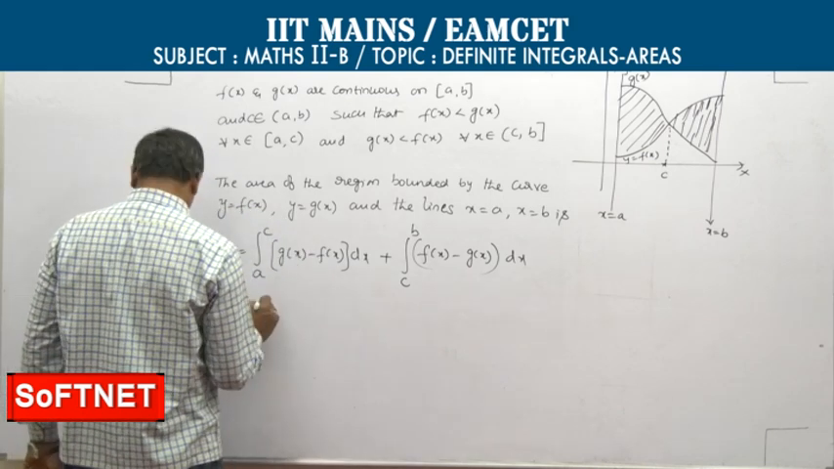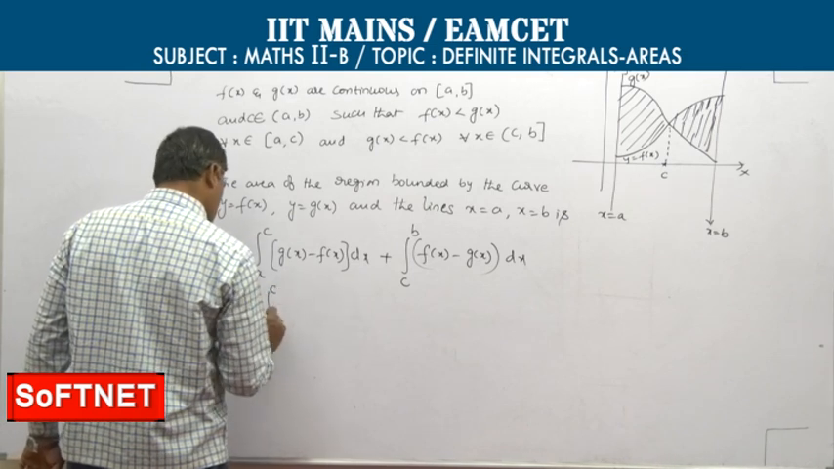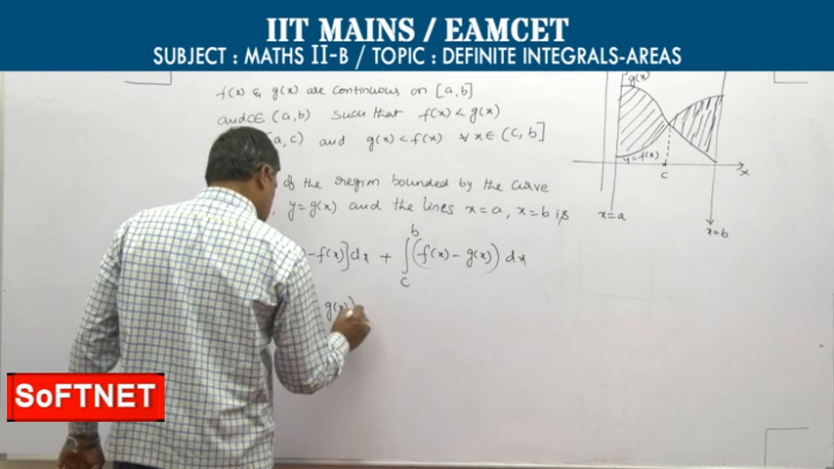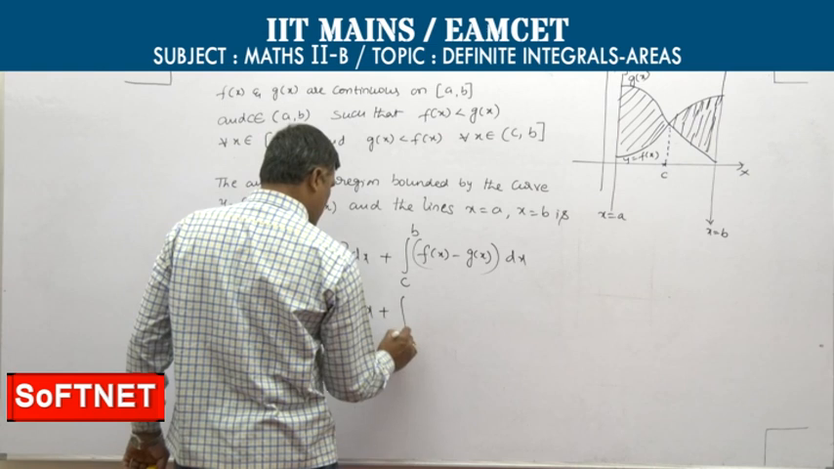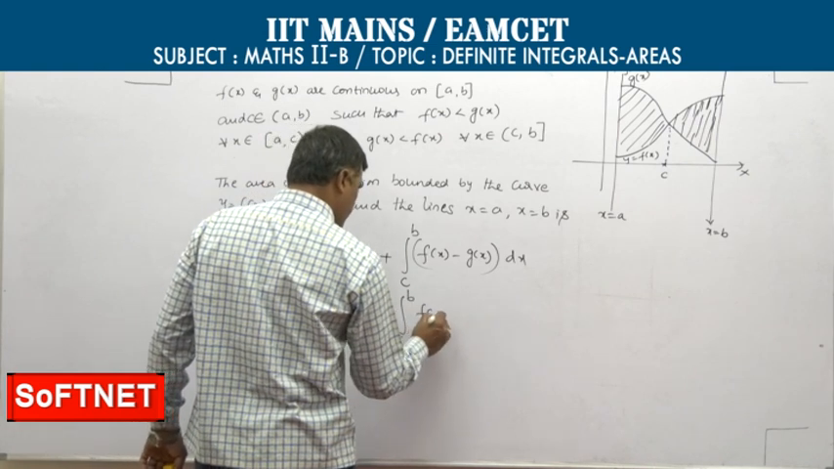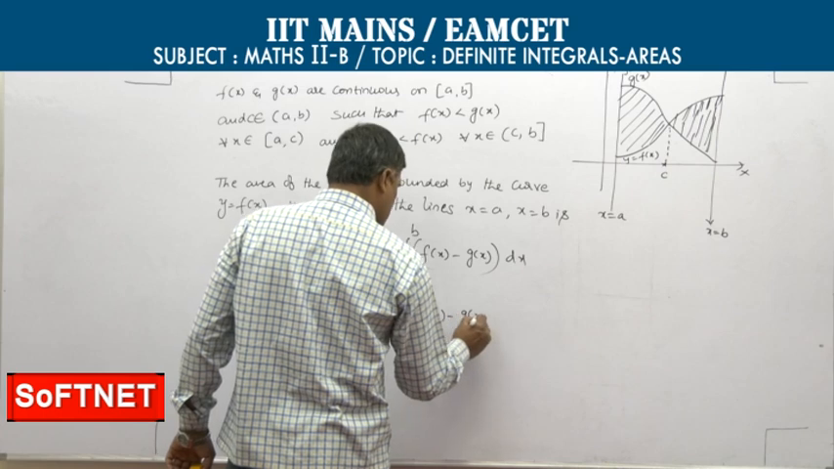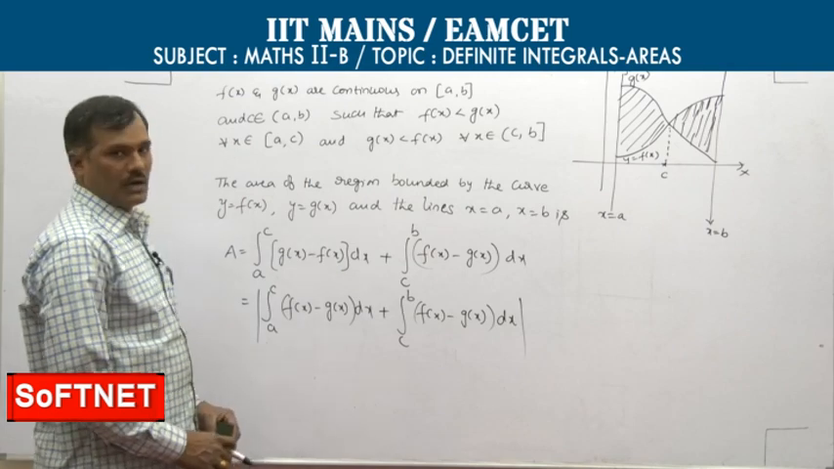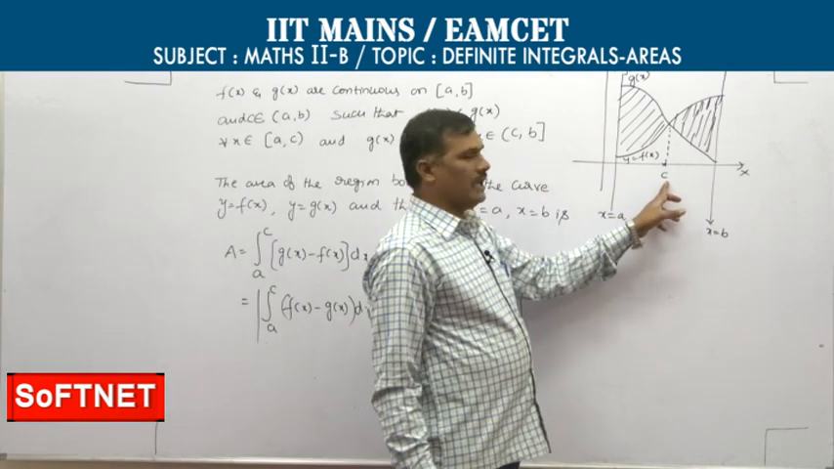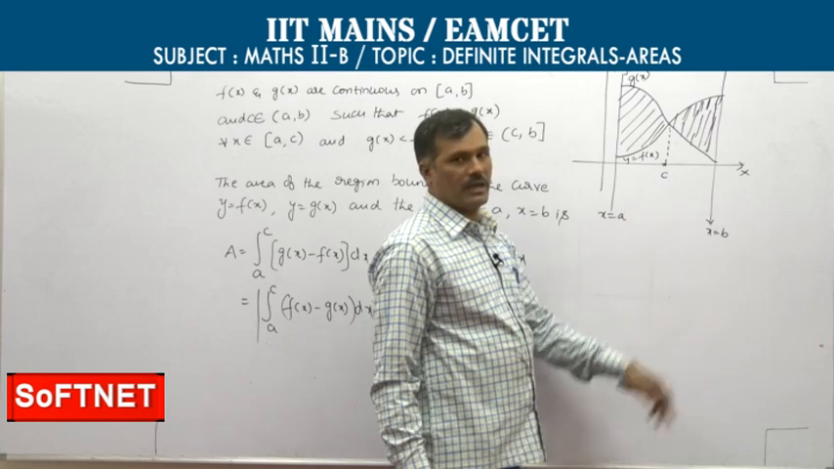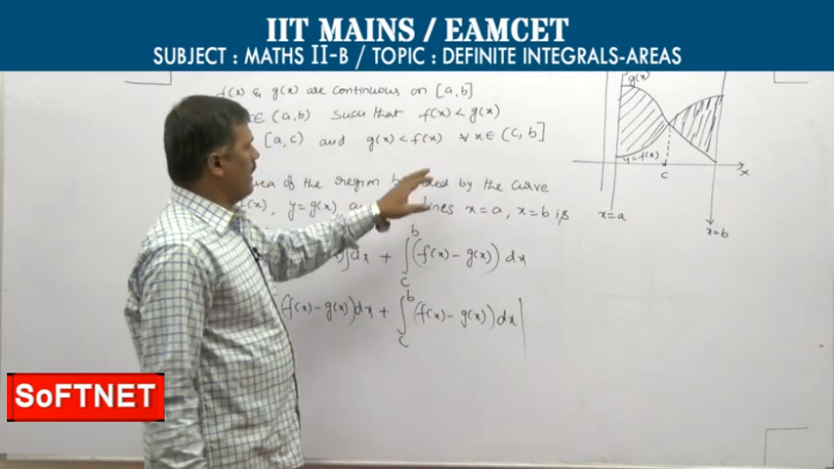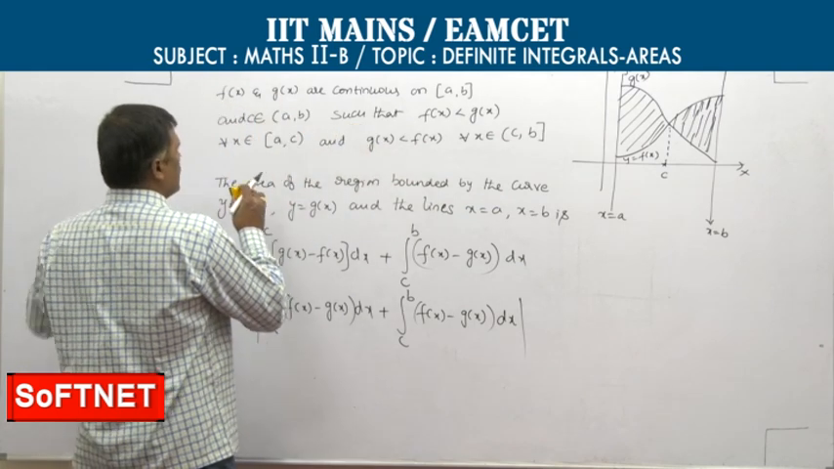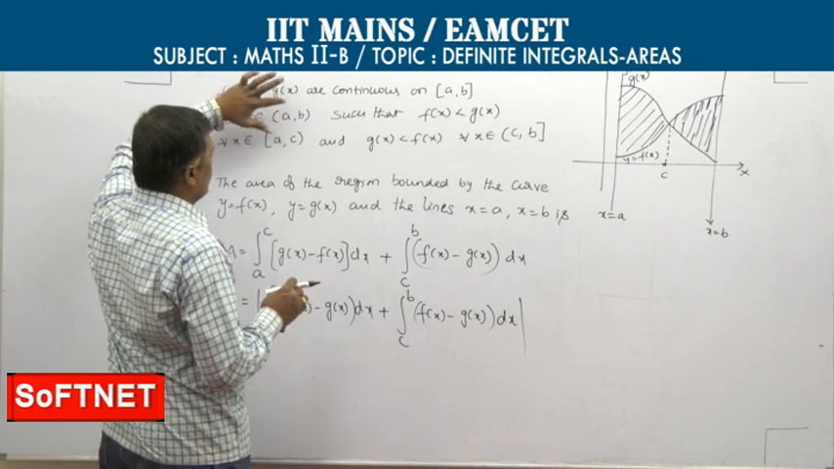Therefore, that is equal to the integral from a to c of modulus of f of x minus g of x dx, plus the integral from c to b of f of x minus g of x dx. Two curves are intersecting at a point c, where c belongs to the open interval a comma b. Therefore, in this region,